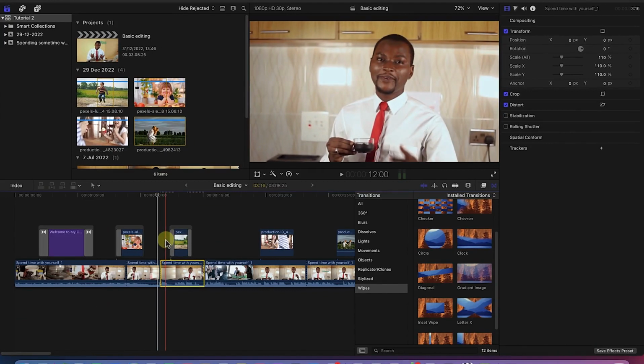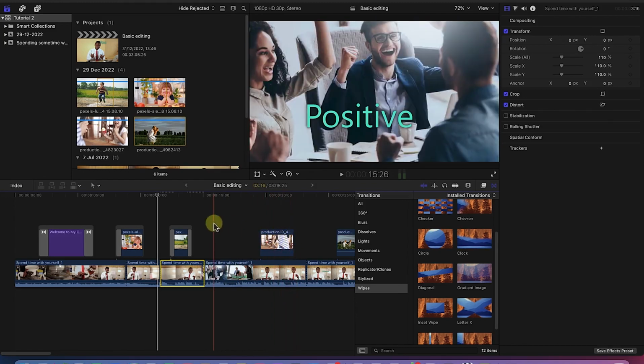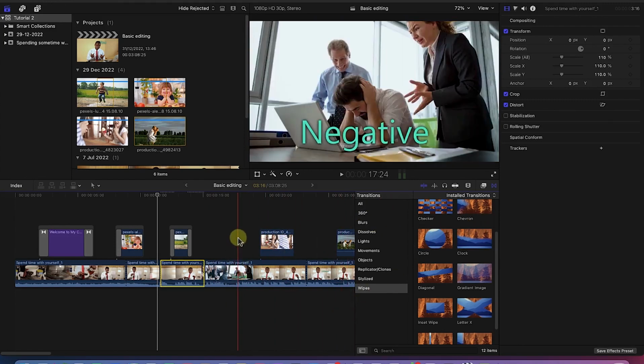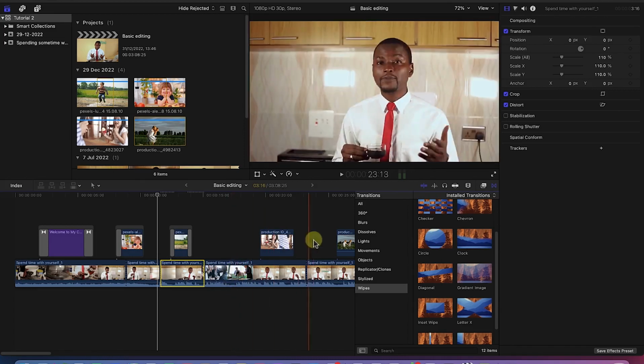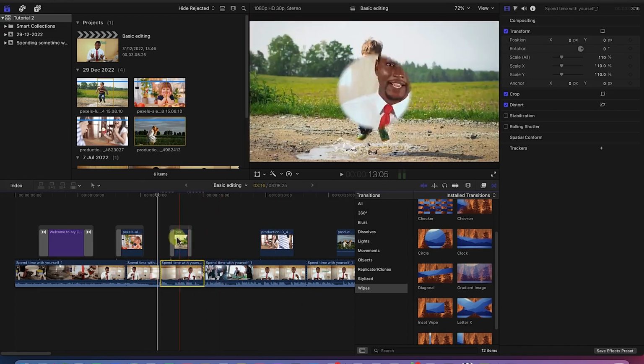Okay, so you can see it. So the movement is kind of physical. You can easily see it, and you can apply transitions at any given point based on your choice. Okay, so depending on what kind of transition you want, you can easily apply depending on what kind of content you are creating. So basically, this is how to use transitions and add transitions into your clips or video editing